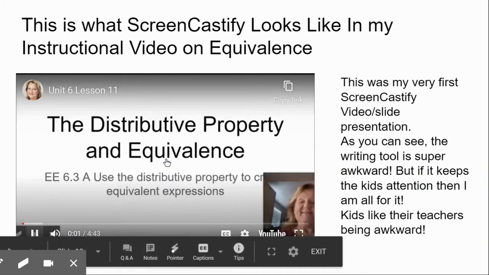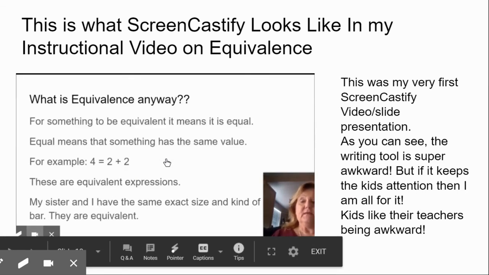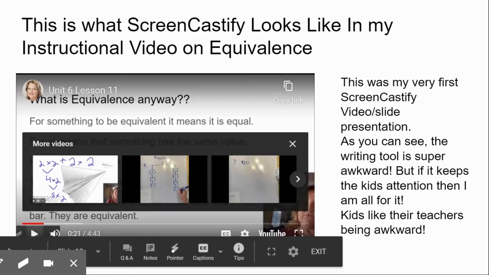Hi, everybody. Today we're going to talk about the distributive property and equivalence. So your standard, you are going to use a distributive property to create equivalent expressions. So what is equivalence anyway? For something to be equivalent, it means that it has to be equal. So if you have 4 on one side of an equation and 2,